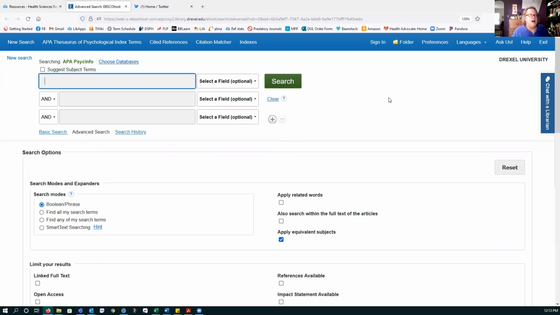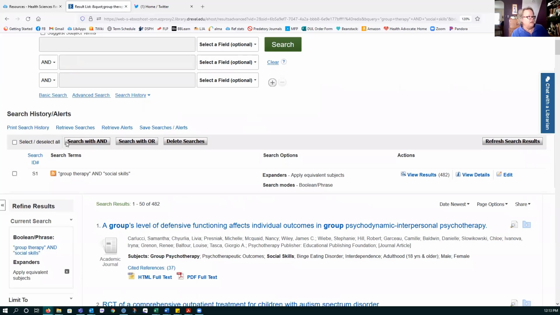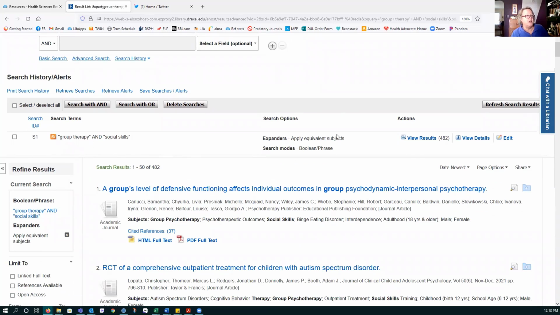And as with many databases, you can search in a couple of different ways. You can do a fairly simple text word search right from here. So for example, I could type in that I'm looking for articles about group therapy and social skills. And as with many databases, I just put those in quotation marks to glue them together as phrases. Now down here in the search history, it's showing me my results. I've got 482 citations,